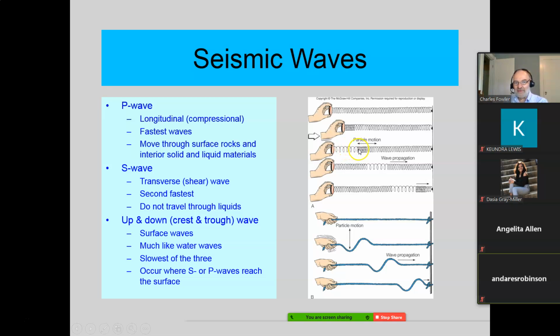A little bit later, you'll see the compression here. They didn't draw this well. The compression would show up here, the rarefaction there. The wave is moving in the same direction as your displacement. That's what makes it a longitudinal wave. You compress it and rarefact, that's what makes it a pressure wave or compressional wave. P wave, what makes it primary, it's the fastest. Now, I think I was starting to say this before.